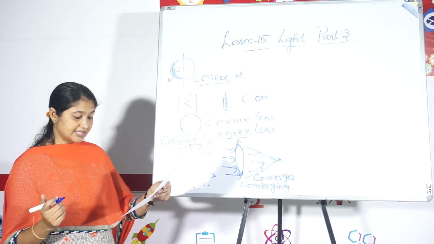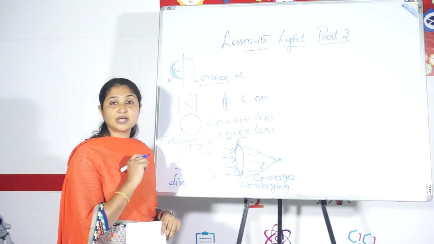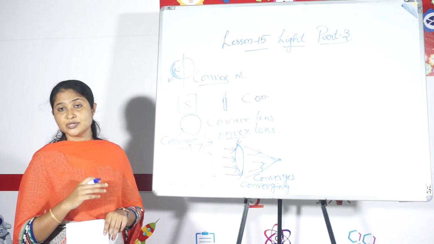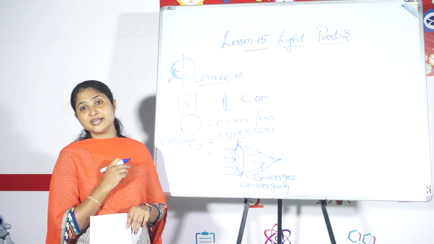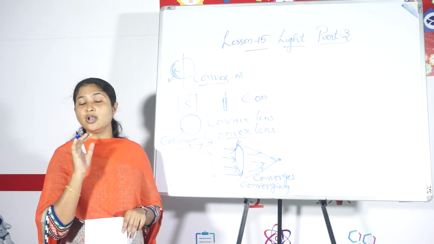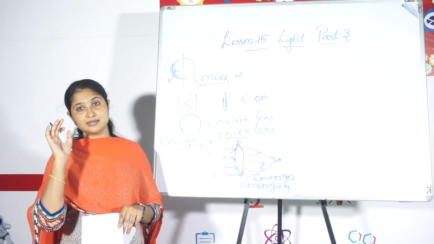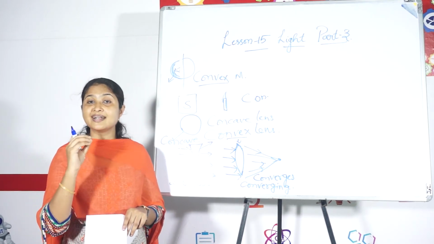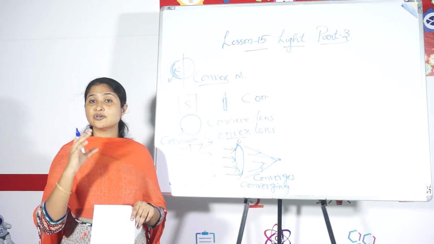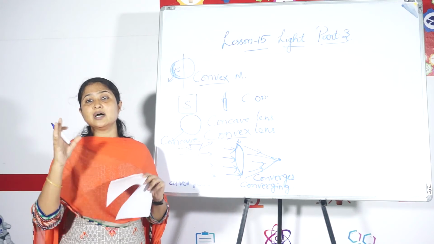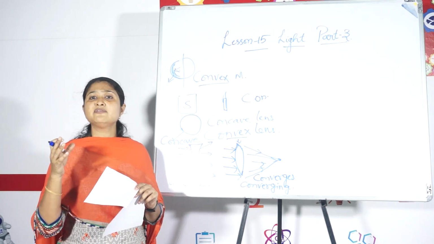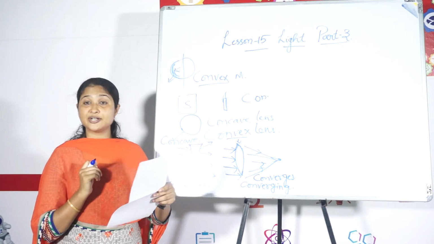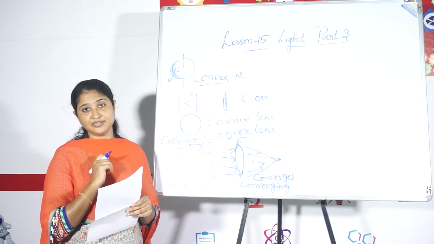Now the next one is, okay, now you have seen rainbows. So how are rainbows created? When the light is falling on the dust particles after the rain, this sunlight is split. We know that we usually see white light. So then from where do you get colors? For this you can do an activity.